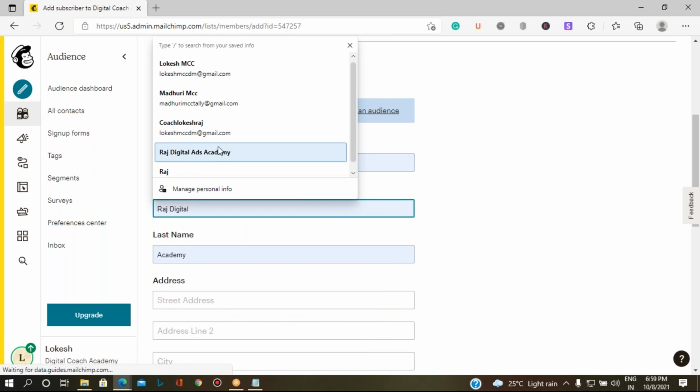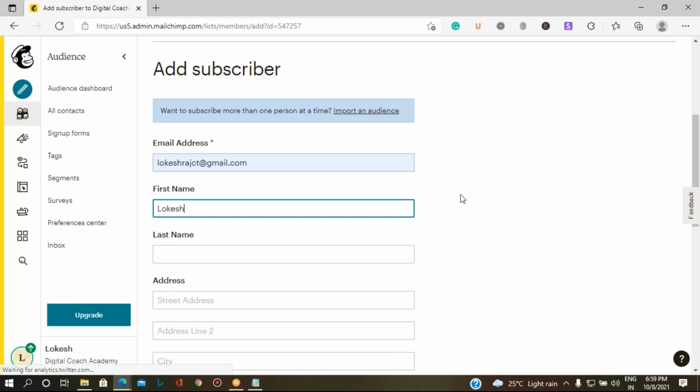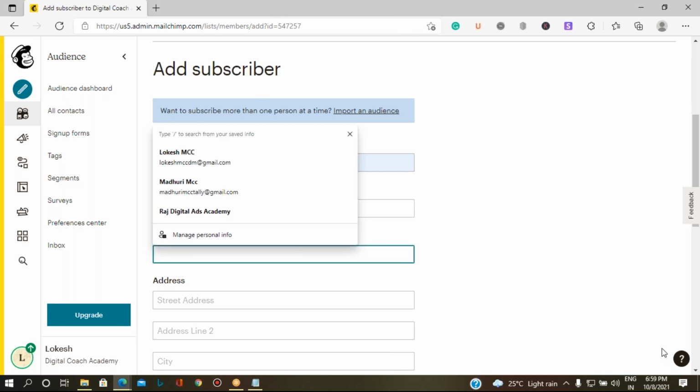Make sure that you add it with the first name. As an example, I'm taking my own email ID, but when you add it, you are going to add the audience to whom you want to send the mail. That person's email ID and their details you are supposed to add. Let me take it over here.